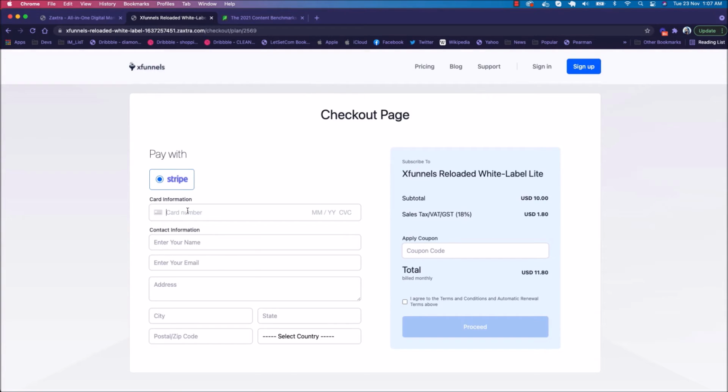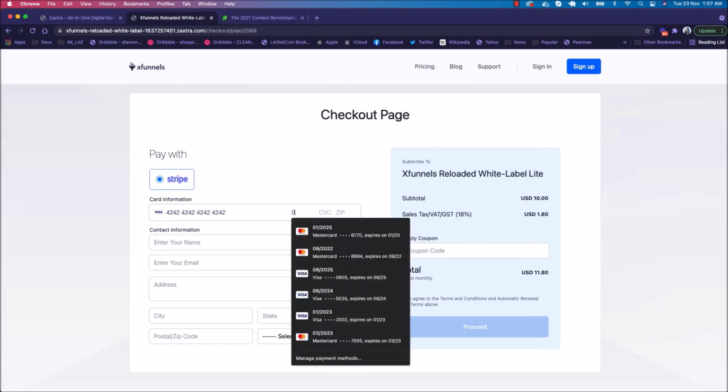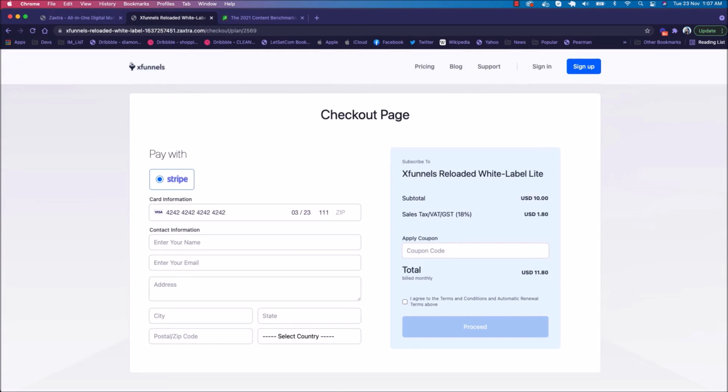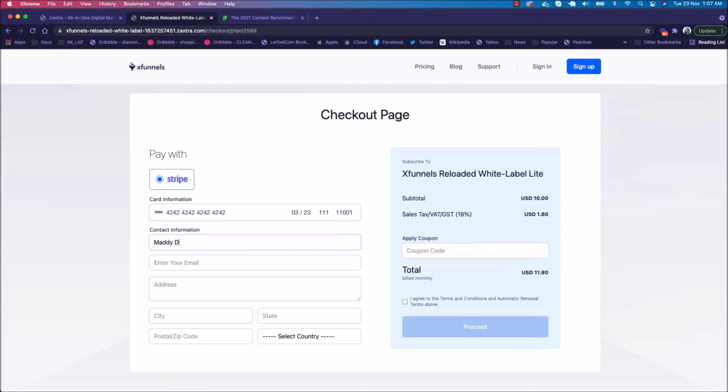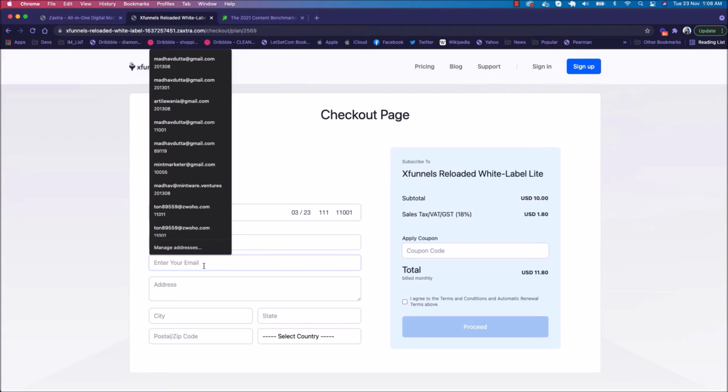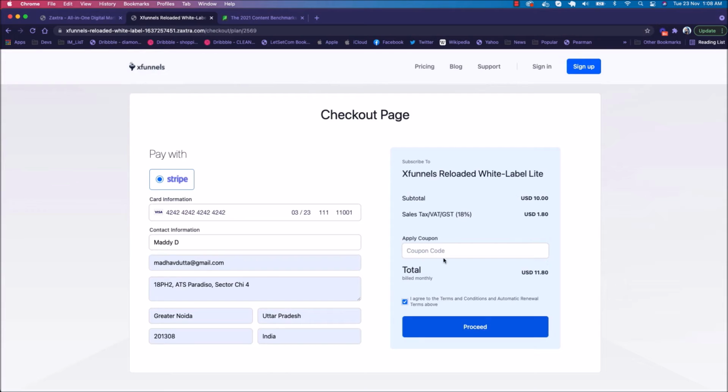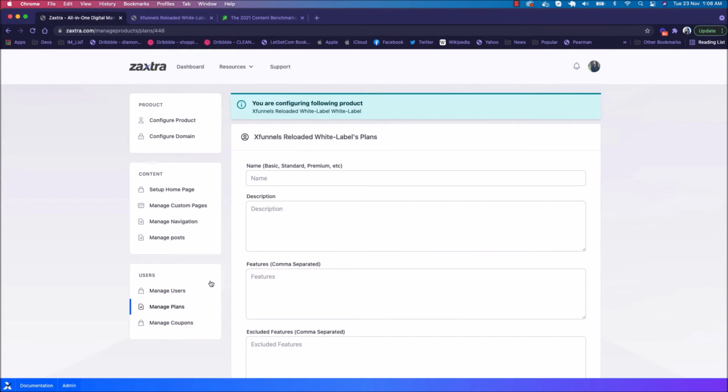Okay, we can try with the card number, like I can try with my test card number. I can provide my name, my email. Okay, and I can have the coupon code for this product.